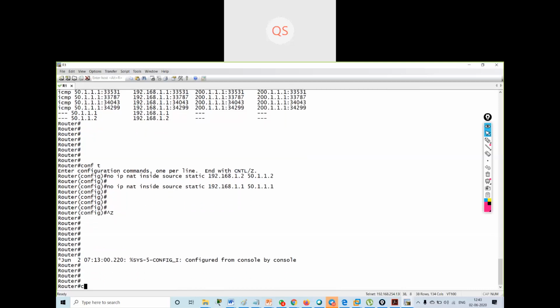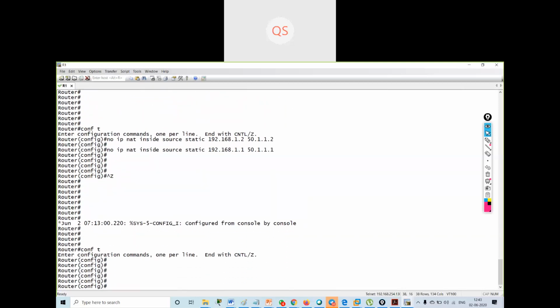Now I will configure dynamic NAT. So what is the configuration for dynamic NAT? I told you that we have to configure a pool in dynamic NAT.